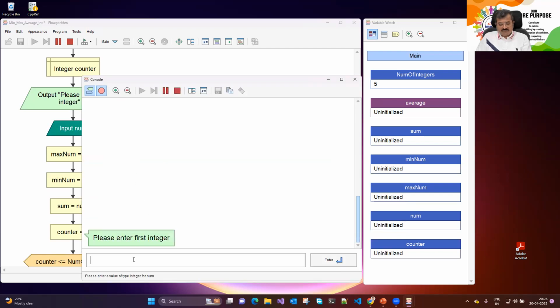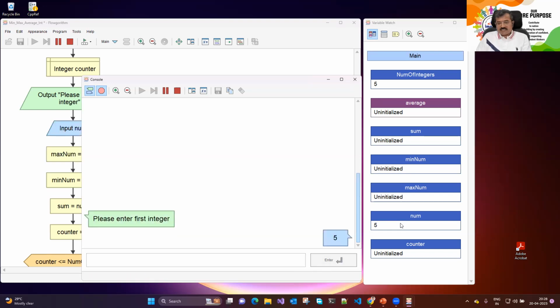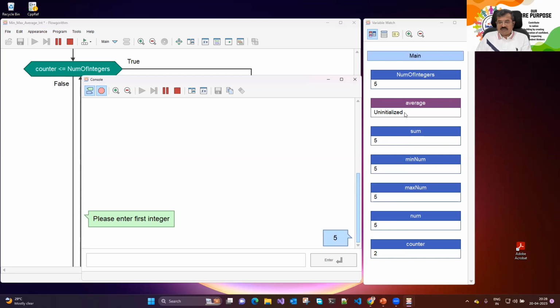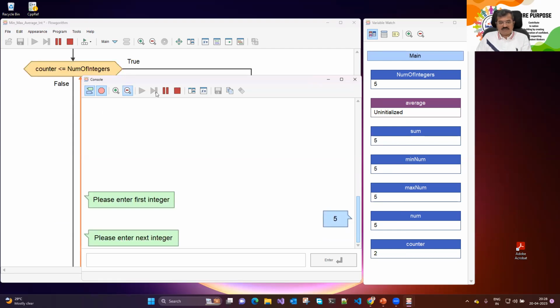We ask the user to enter the first number. The user enters the first number as 5. So in that case, num is also 5, max number is 5, min number is 5, sum is 5, all the variables have been set to the value 5. Then after that,